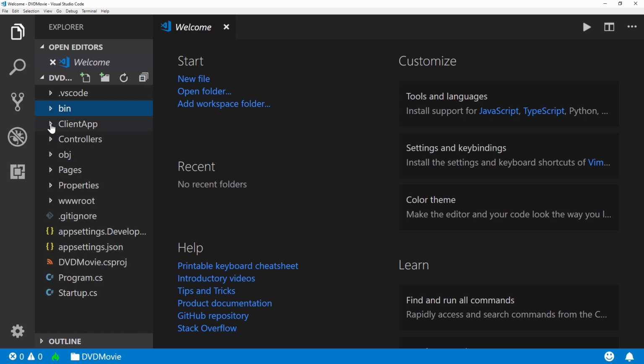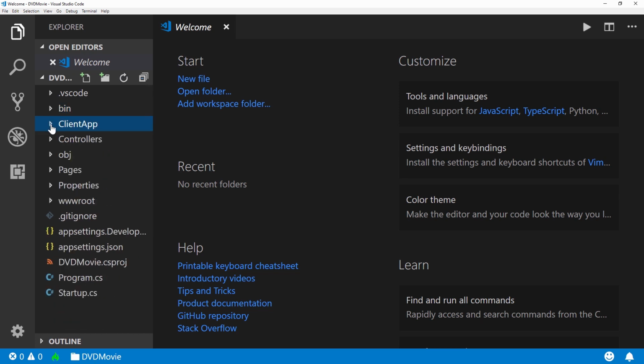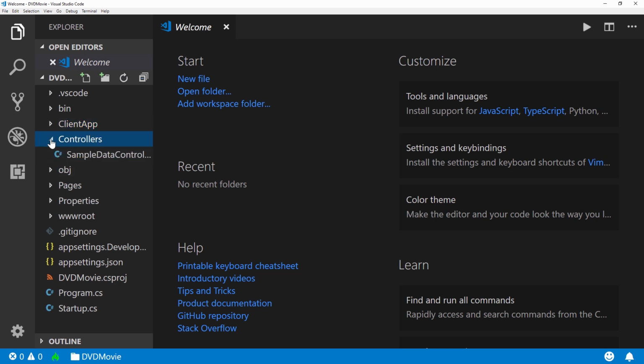This client app folder is where all of our Angular application is going to reside. But we're going to go ahead and jump back into this and review it. Right now, moving on down is the controllers folder, and that's part of the MVC architecture, and that receives input like HTTP requests, which initiates a response by making calls on the model object. But our use here is going to be limited. We're not going to have tons of model objects because we're going to be doing most of our work in